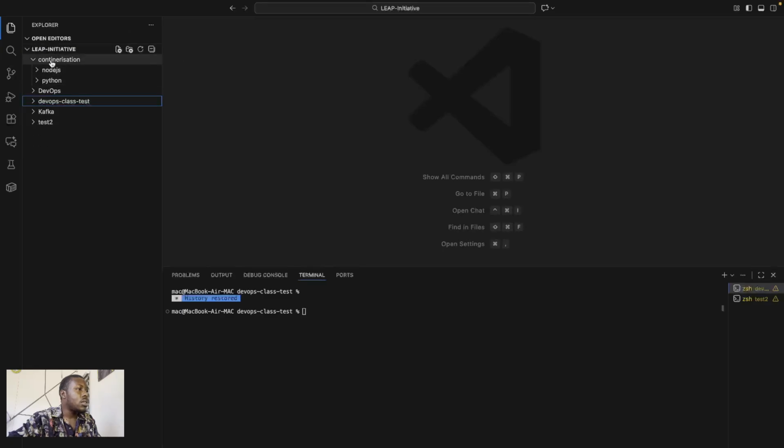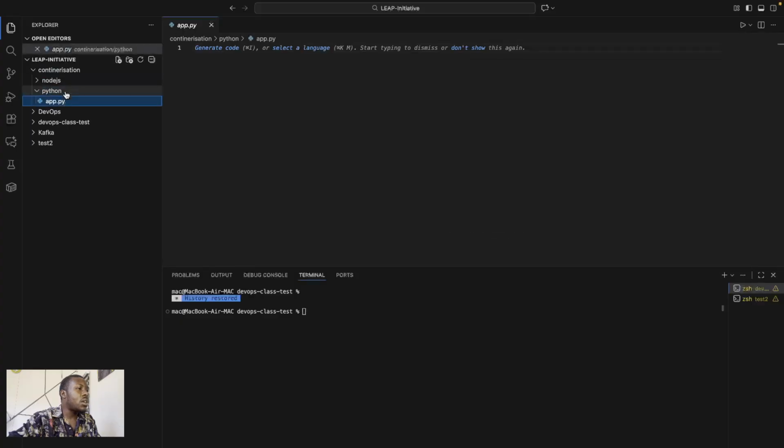So we'll go into this folder, containerization, just to show a test. Now let's say we want to run a Python application first, so we'll populate the Python application in here.